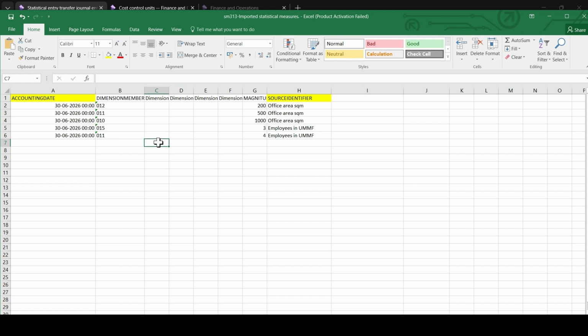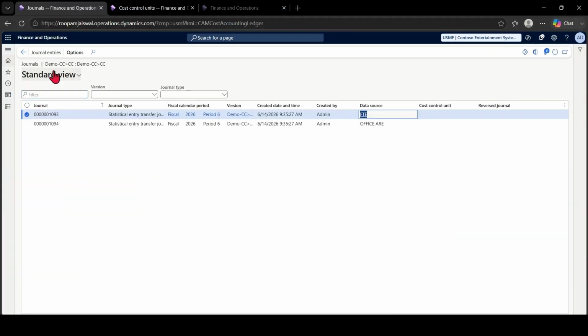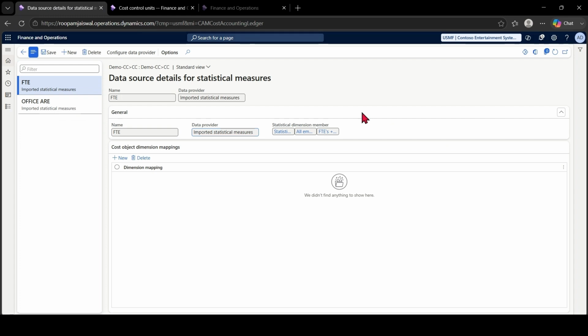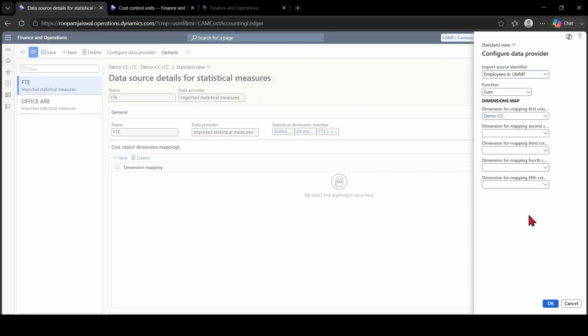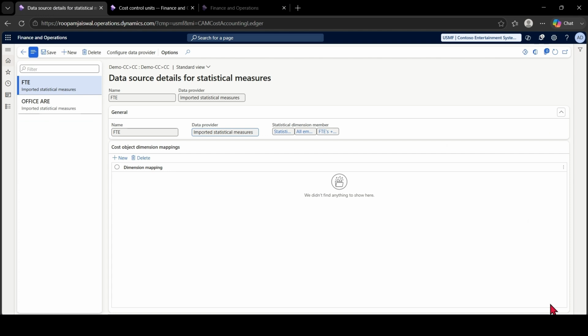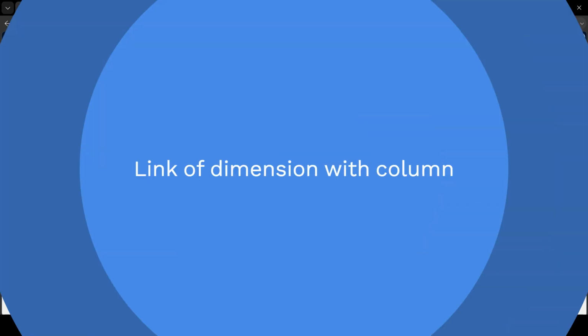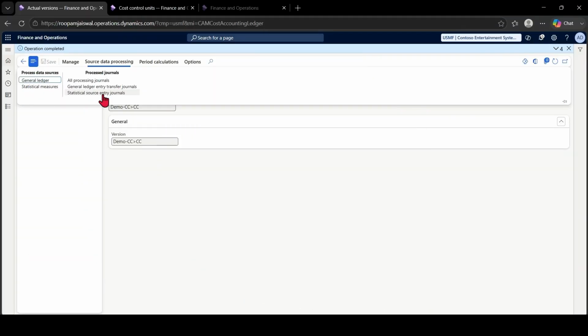How does a system know it is a BU? So when you are giving the value in any of the column, you are supposed to link this value when you are into the import, the identifier. So you are supposed to link that value in this particular place. So when you come here, you can say this is a BU. So as ours is cost center, we are just keeping it as a cost center now. So by this, I have both the data ready now, GL entry as well, and this is statistical entry as well.